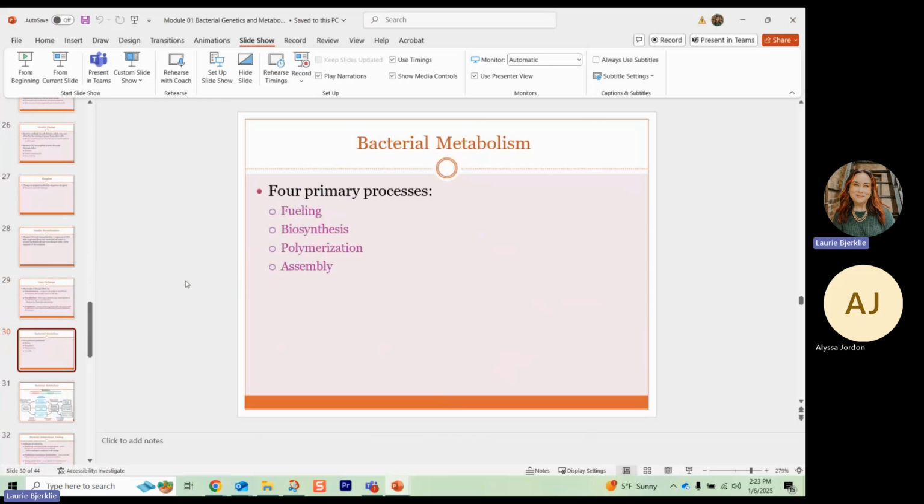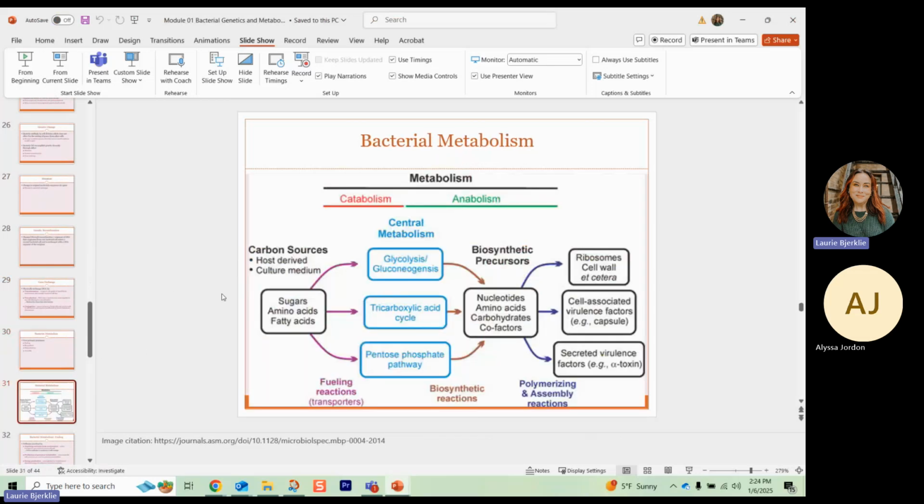And then of course, for bacteria to keep thriving in general, they have to have their ability to function. So you have to have energy for the bacteria to thrive. Just like people's bodies need energy, the bacteria need energy. So fueling, they have to create stuff to help them survive. They got to be able to have biosynthesis and then assemble what they create. So I put in a picture example